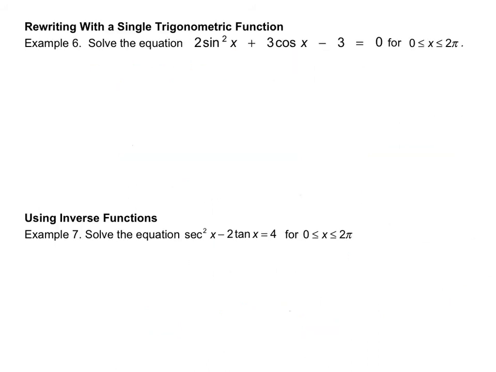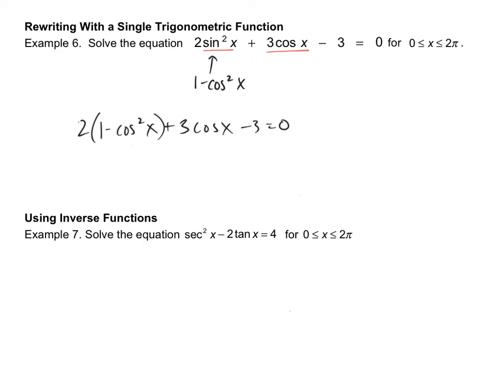Our next strategy is going to be used when we have 2 different trig functions. In this case, we're going to want to replace one of them in order to basically solve with a single trig function like we've already done. So here, the sine squared of x is 1 minus cosine squared x, and I have cosine here, so I'm going to replace that. So I get 2 times 1 minus cosine squared x plus 3 cosine x minus 3